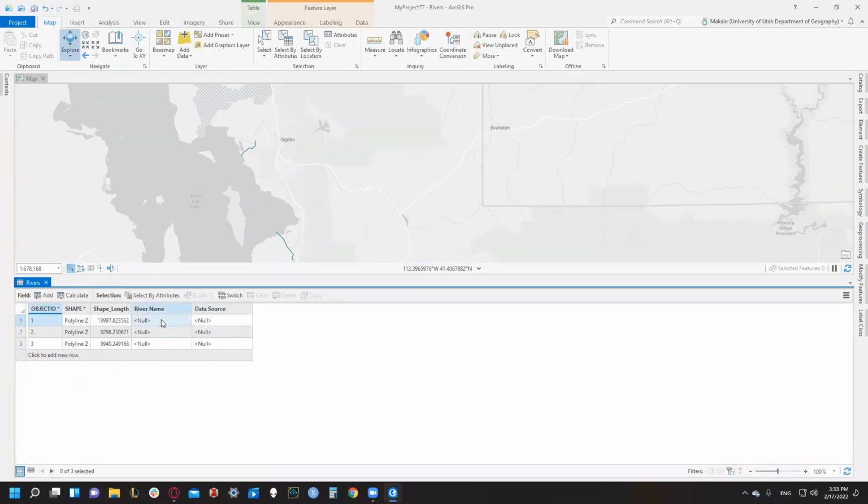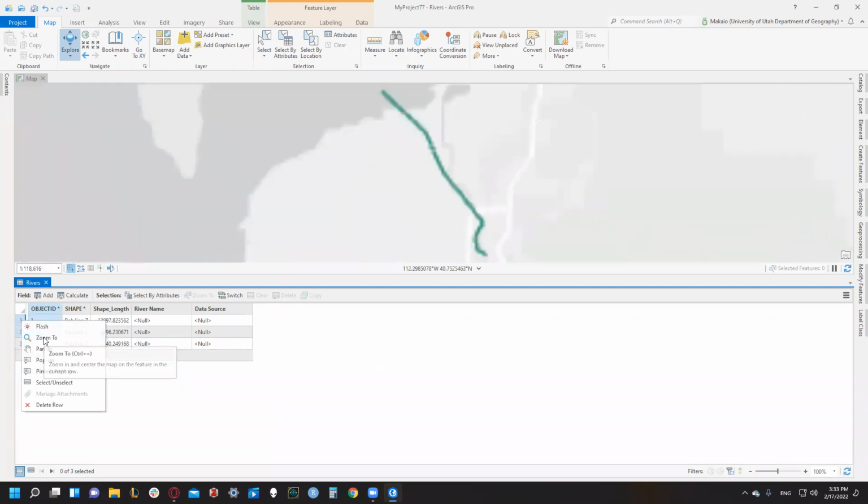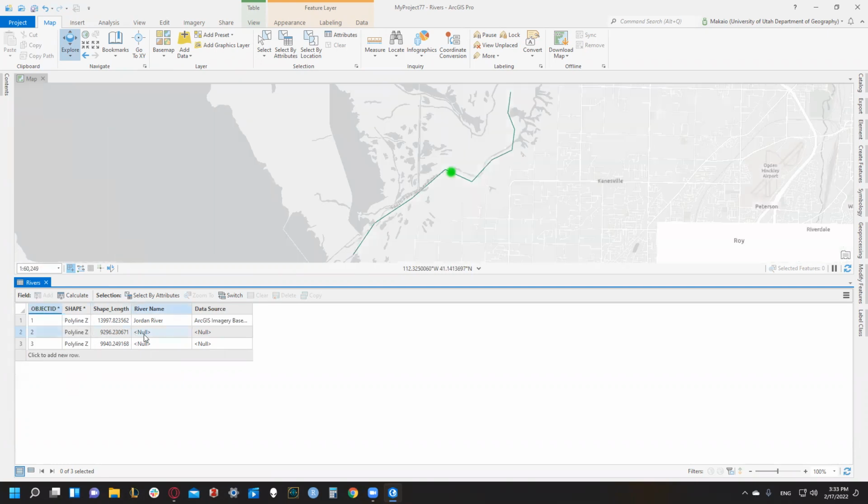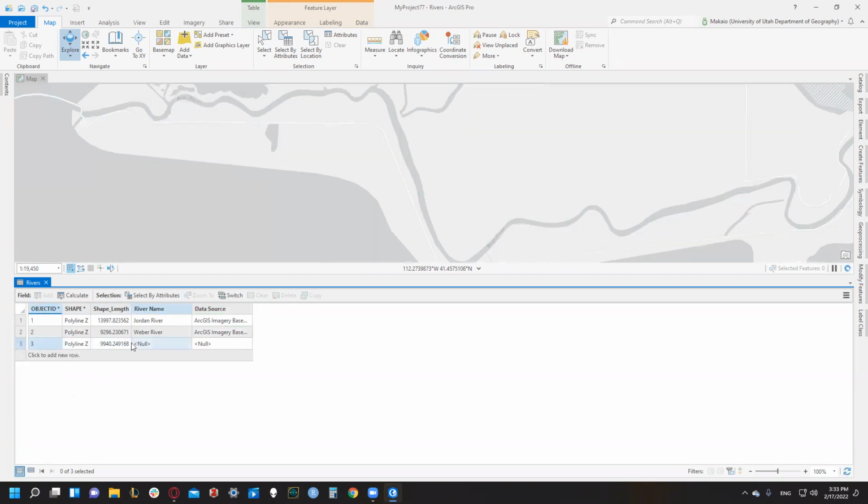We'll close that one. And yeah, so then if we right click on these gray squares to the left, we can click to zoom to see which actual river these are. And this is the Jordan River. The data source is ArcGIS imagery base map. The second one for me is going to be the Weber River. Weber River. Our data source is ArcGIS imagery base map. Our third is going to be